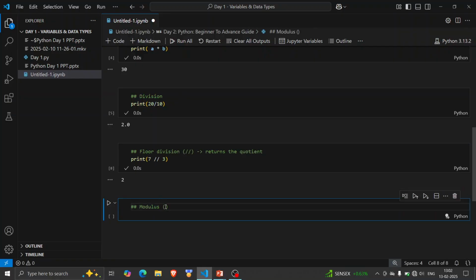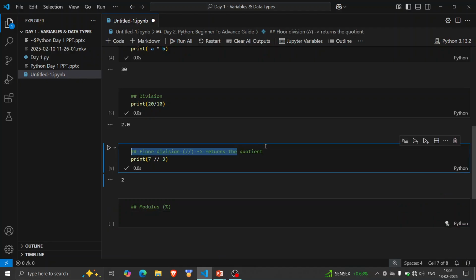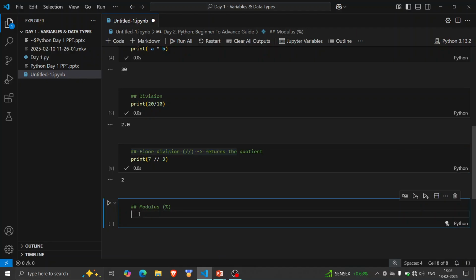Modulus looks like the percentage sign, and it will give you the remainder. Here we get the quotient and here I get the remainder. Similarly if I say print 7 modulus 3, I will get obviously 1. 3 twos are 6 and 1 is the remainder. Similarly, take one more example, 11, again the remainder will be 2. Yeah, that's it.